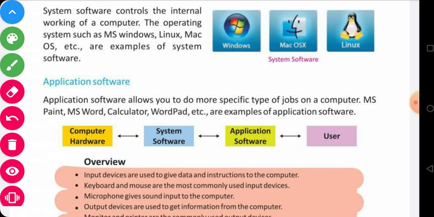So what have we learned so far? To build a computer, what components do we require? First, we require hardware. Second, we require system software, which we generally use to control the hardware and software. After that we require application software, and after that the user gives an instruction so that we get output according to our needs. So these are the various components we generally find in our computer.